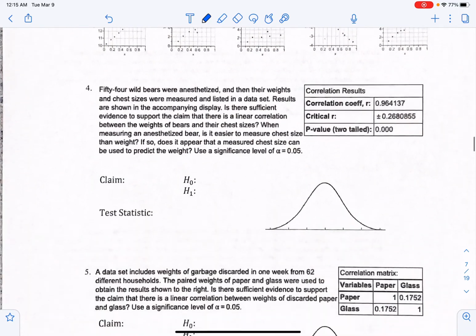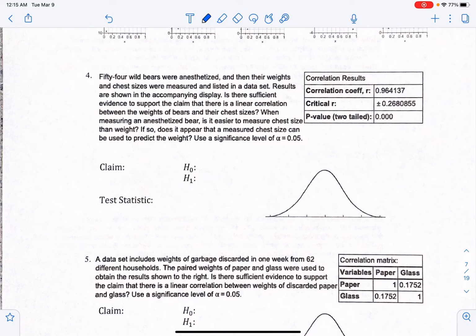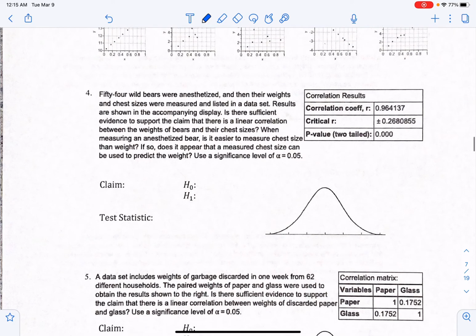What I want you to do, you should be able to get all the way through number 4. Don't use this p-value because we do the critical value method. So you will need your correlation coefficient, R, and critical R,